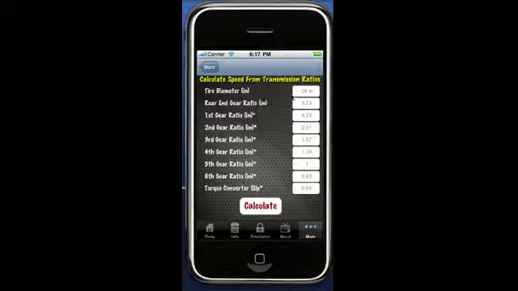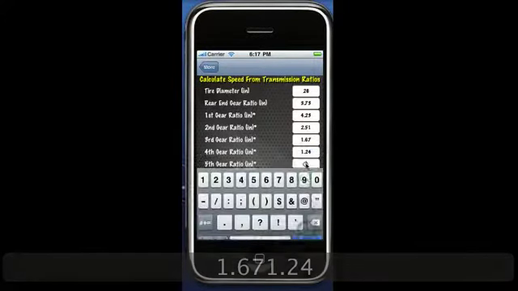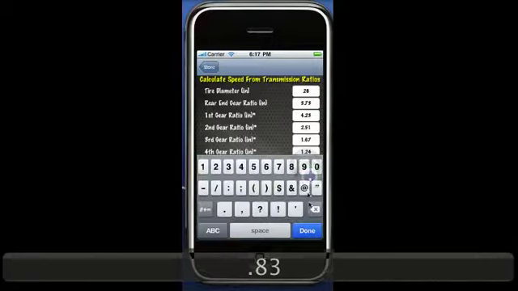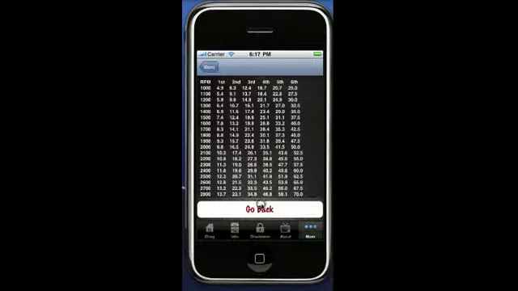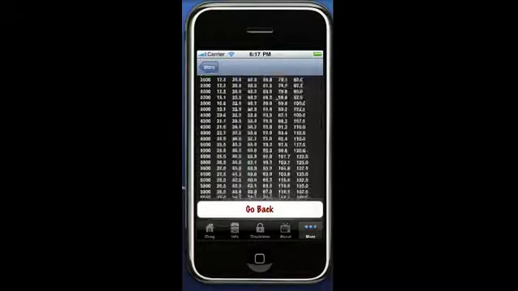If you know your tire diameter, rear end gears, and some of your gear ratios, I'll give you a demonstration real fast. Let's say your tire diameter was 26, your rear end gears were 373s, first gear was 4.23, 1.67, 1.24, and again, you only have to enter as many as you want. Just go down here and push calculate, and it will tell you at any given RPM what speed you'd be at in each individual gear. So if you wanted to see